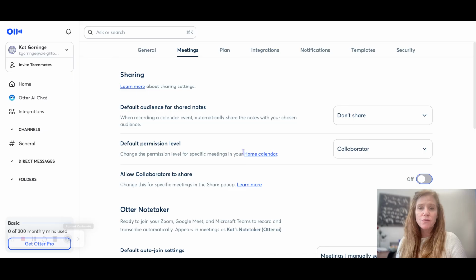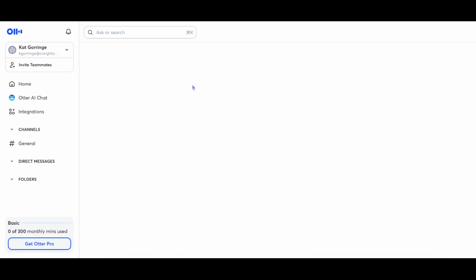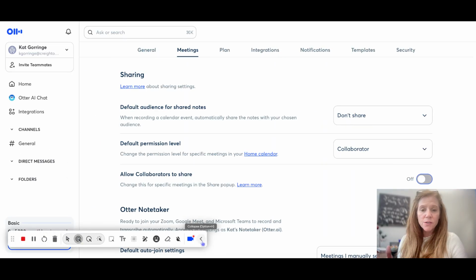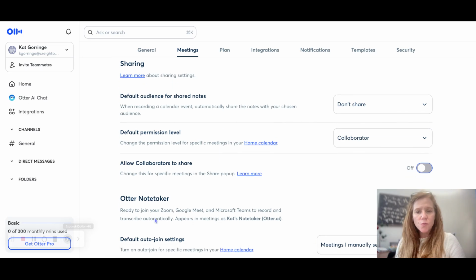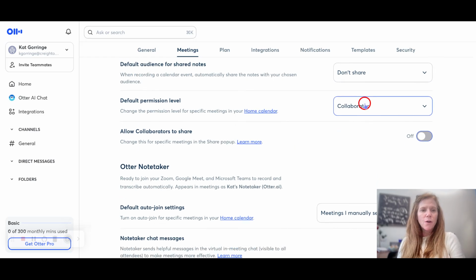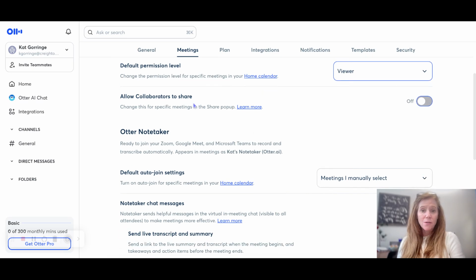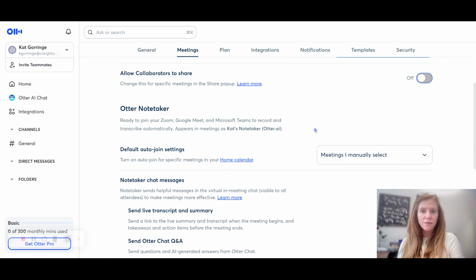And what you want to make sure that you do is just go through, I don't know if it defaults to general or if it defaults to meetings, but get yourself over to meetings or whatever similar thing that Read, I think, might be another one of these note taker apps, and just run through every one of the settings that is there and make sure you have set it in such a way that you get the control back for the app. Okay, so default audience for shared notes, don't share. You're taking them for your benefit. Don't share them with anybody. Default permission level, it probably actually could be as a viewer. Allow other collaborators to share, make sure that's turned off.